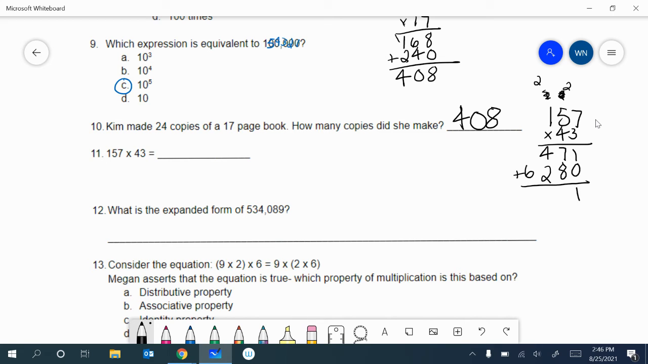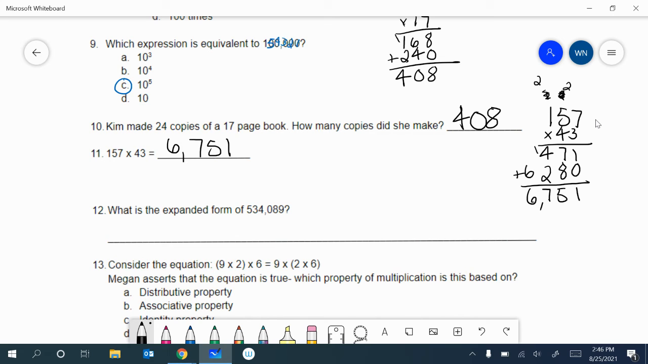Let's add it up. 7 plus 8 is 15. 4 plus 2 is 6, plus 1 is 7. Bring down our 6. 157 times 43 is 6,751. For number 12, it's asking us what the expanded form of